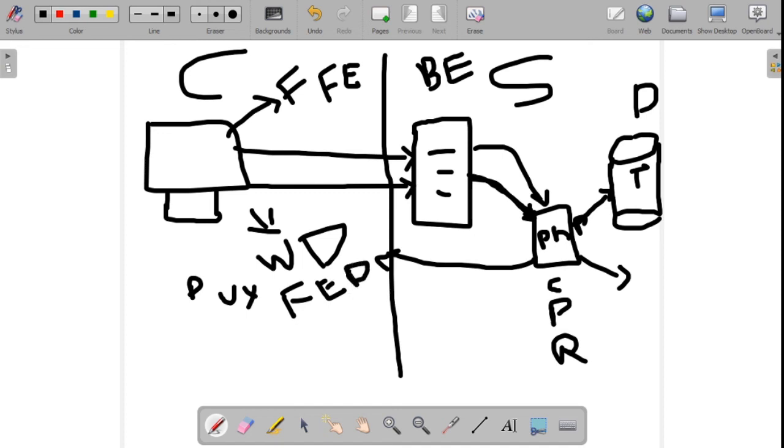Okay, and any person who is responsible for creating the business logic is called a back-end developer, web developer. Or the person who knows both of these, that is the front end part and back end part, who can develop both the kinds, that is front end and the back end, is known as the full stack developer.